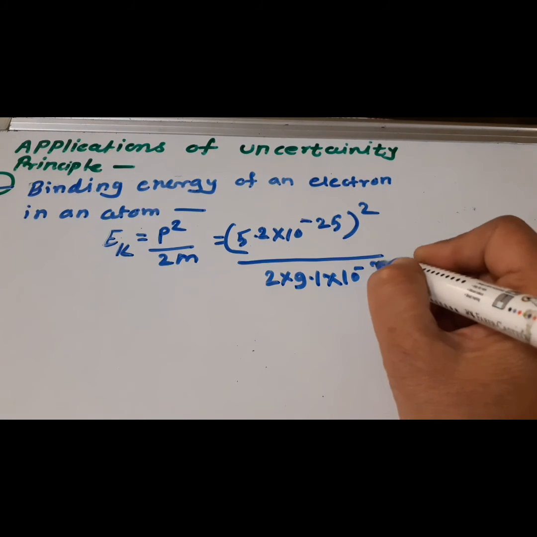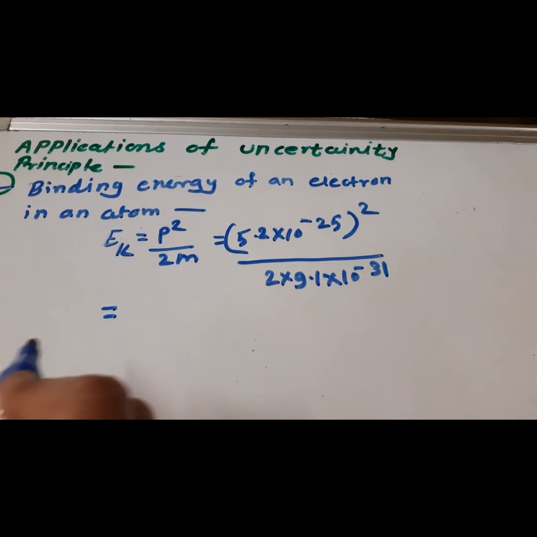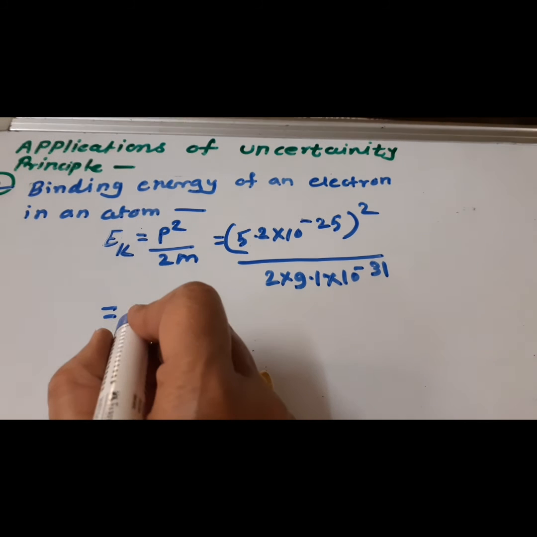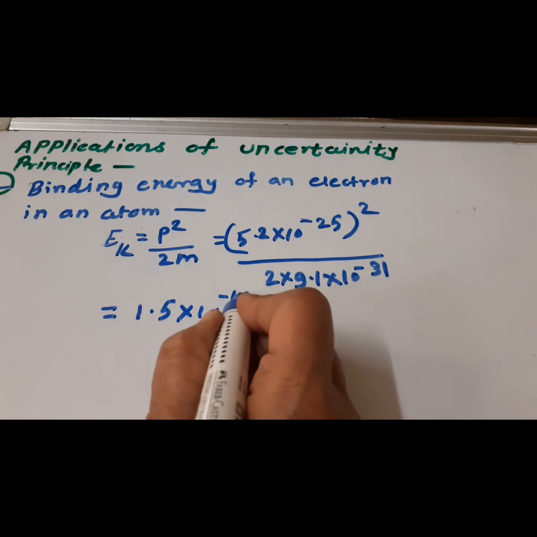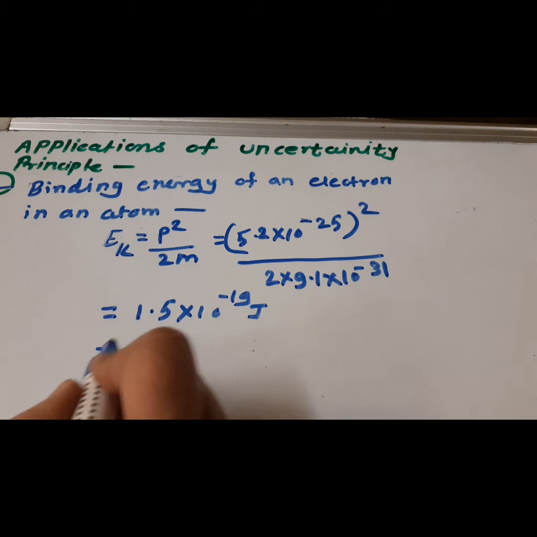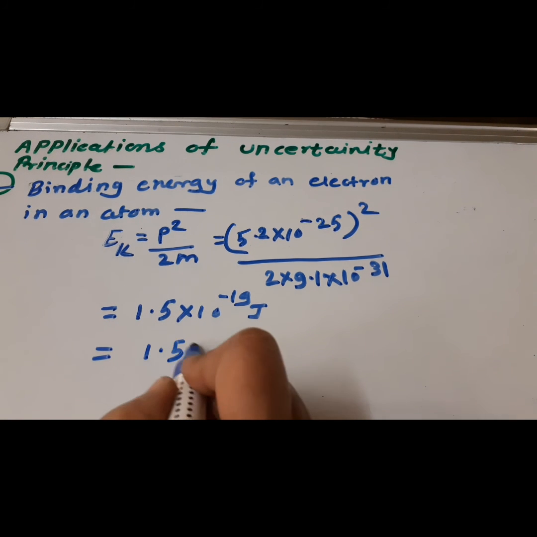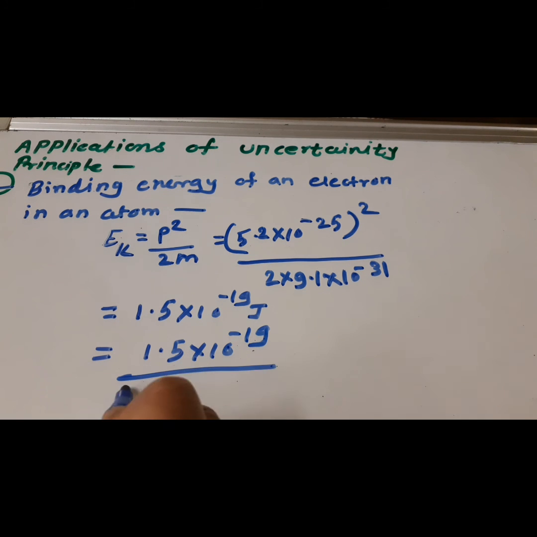That is equal to 1.5 into 10 to the power minus 19 joule. But we have to convert it into electron volt, so 1.5 into 10 to the power minus 19 divided by 1.6 into 10 to the power minus 19 is equal to